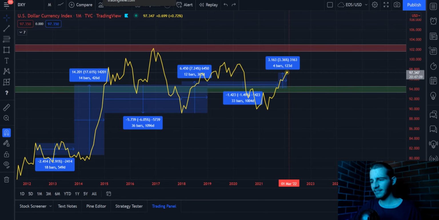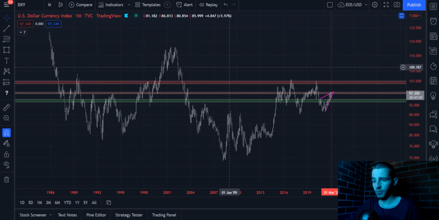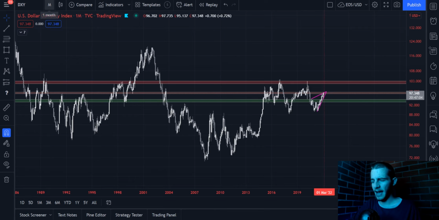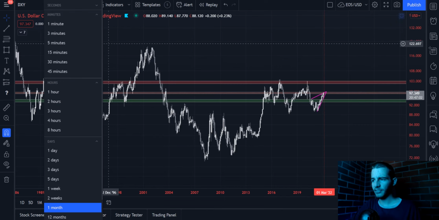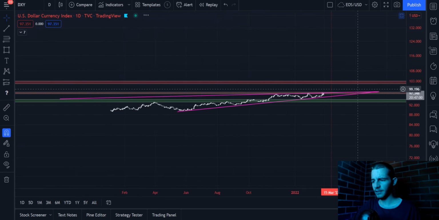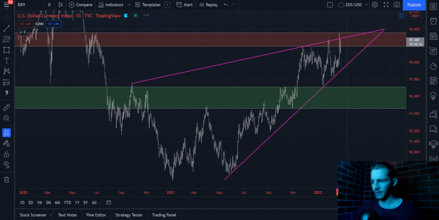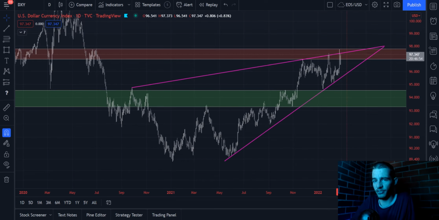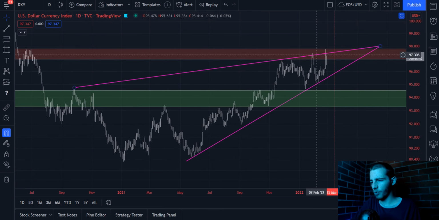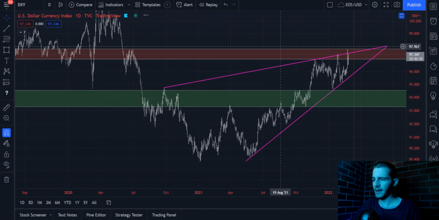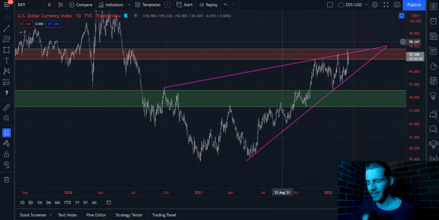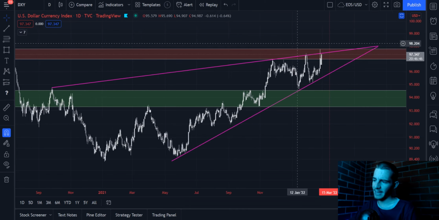And since the DXY right now, and this is the DXY, again, I've just changed the chart up and we're looking at a longer term scale. And actually we can zoom in now. We can go to the daily chart of the DXY. Now the DXY is heading upwards in an ascending wedge formation, which is typically a bearish formation, right? Against strong resistance, this red resistance box that's played out since basically the 90s, or the 80s. So very strong resistance, heading upwards against it.